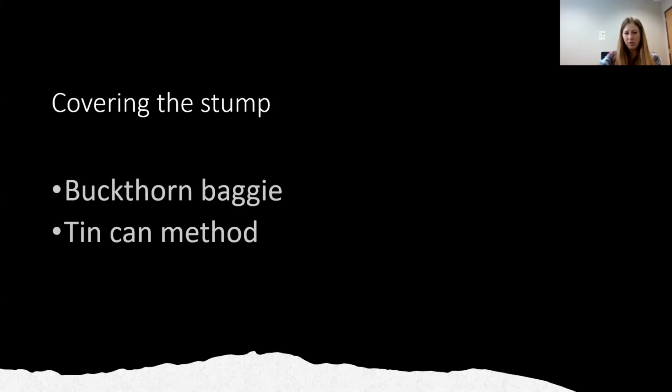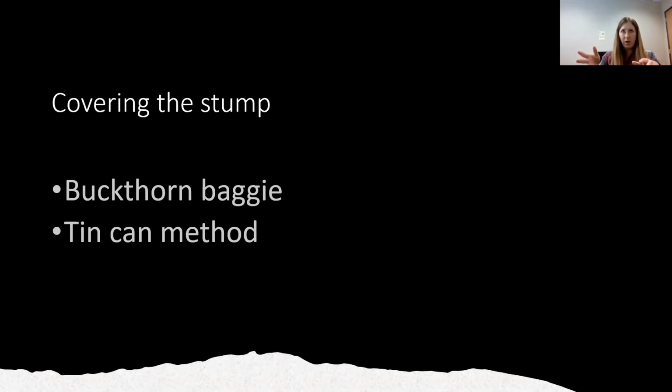And in this method, you cut the stump with some stump material remaining, at least 3 inches. And then you zip tie very tightly the square of black plastic. It's again kind of like those heavy contractor bags. And you zip tie that over the stump completely, all the way to the root crown, and cover all of the area that's visible to the light, and have the edges kind of splayed out so that the soil just around the base of the buckthorn shrub is covered just a bit.